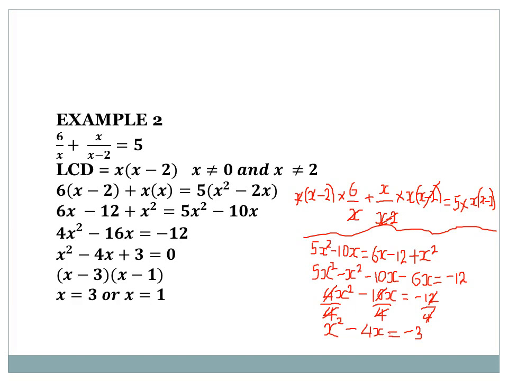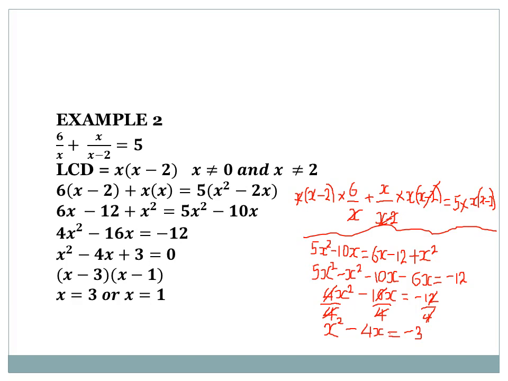Here we can do by using factorization. So we find two numbers that when we multiply, we can have 3. And when we add or subtract, we must have negative 4. So the two numbers are negative 3 and negative 1. Because negative 3 times negative 1 will give us positive 3. And negative 3 minus 1 will give us minus 4. So we are going to have x minus 3 in a bracket, x minus 1 also in a bracket is